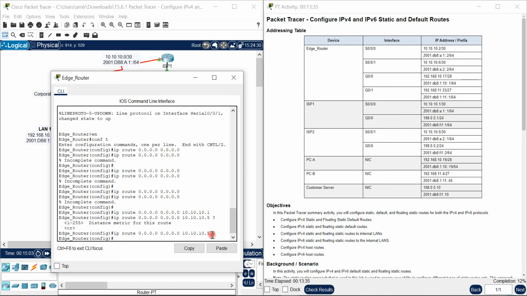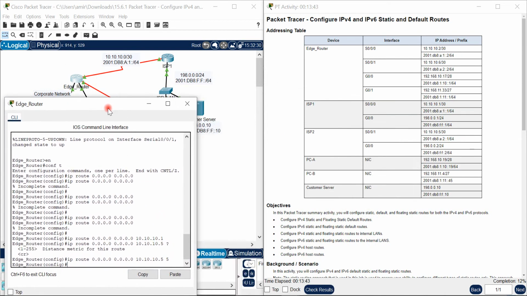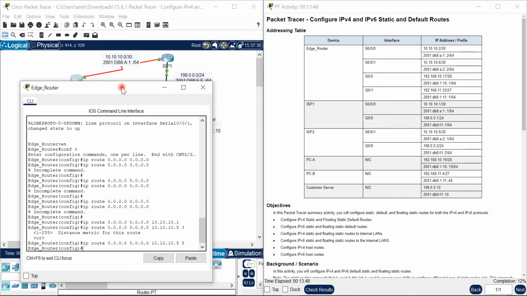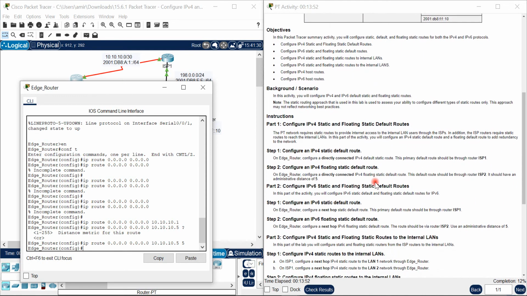And in this situation, it's the redundancy, and this route should be chosen as second primary, as second priority. Excuse me. Yes, and also we should configure